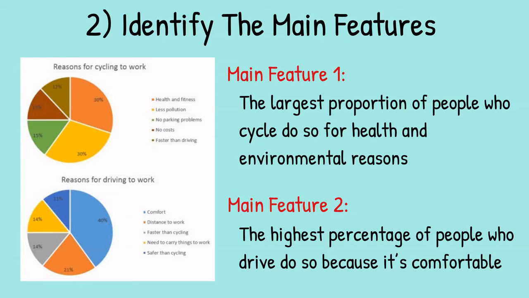Another notable feature is that the only reason included in both pie charts, that the method is faster, shares almost the same proportion for both modes of transport. We may not have space to cover this final feature, but we'll note it just in case we need it to make up the words. The key features you select will be the starting point for your essay. You will then go on to add more detail. However, with just 20 minutes allowed for task 1 and a requirement of only 150 words, you won't be able to include many details. We are now ready to begin writing our essay.